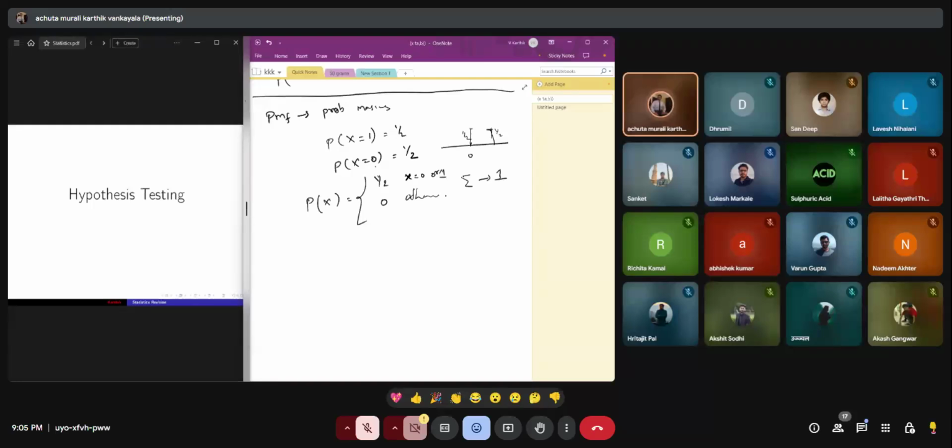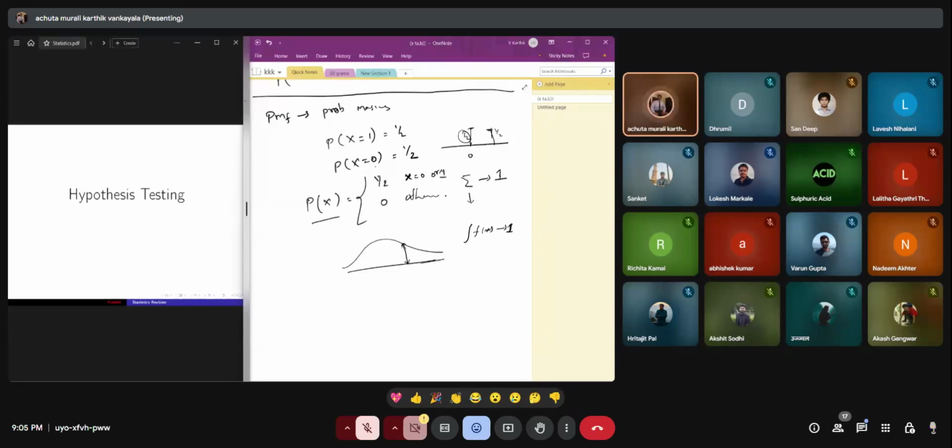In continuous distributions, this kind of summation is not possible, and this kind of probability masses are not possible. You can at most talk about the relative frequency of a small interval or a single point, and the probability of a small interval, right? There you have to deal with integration, and the integral of the entire density function is 1. So there what you have is just the density of the random variable, and here you have masses. These are actual probability values, but the height here does not represent probability.